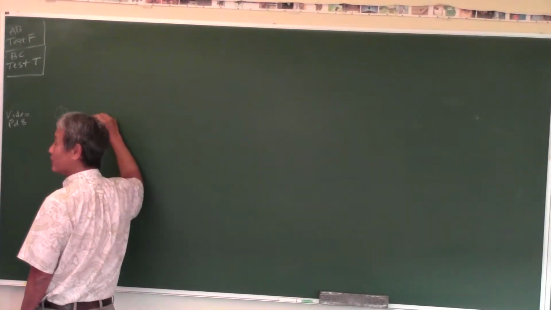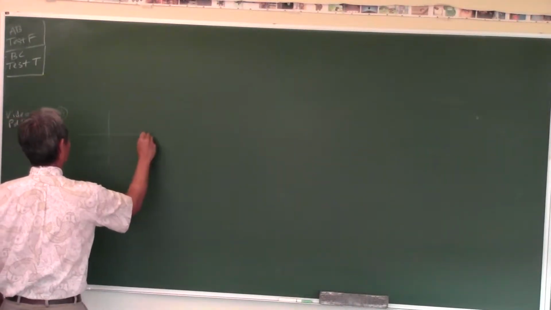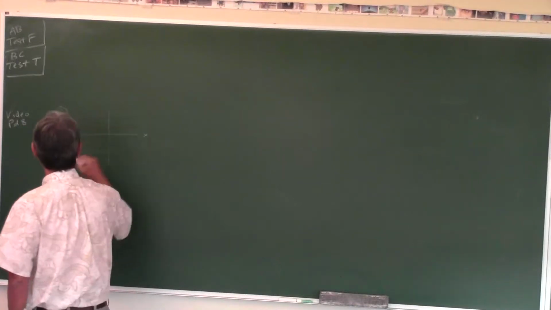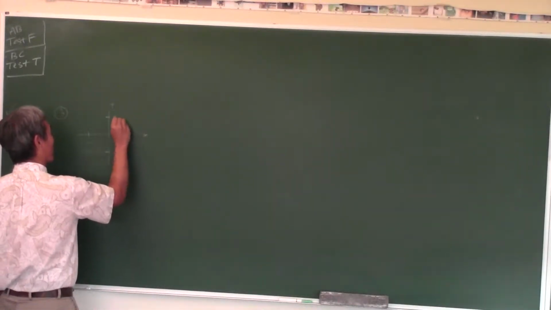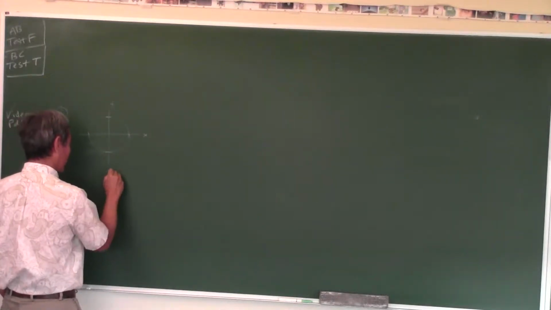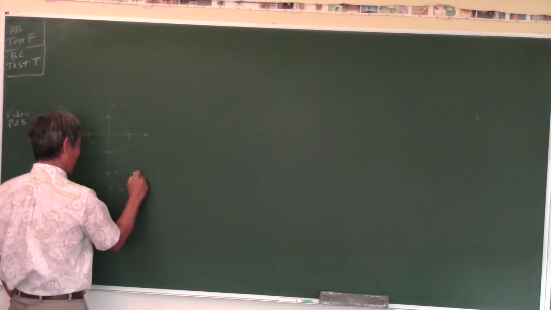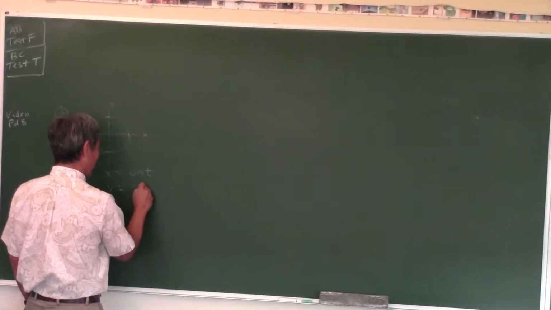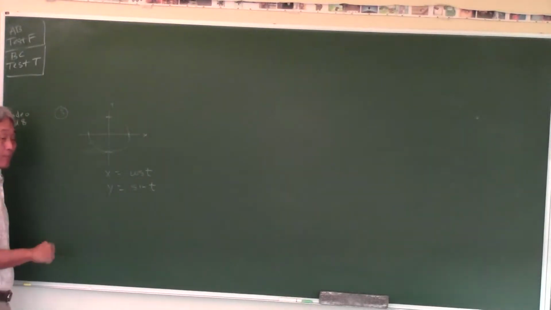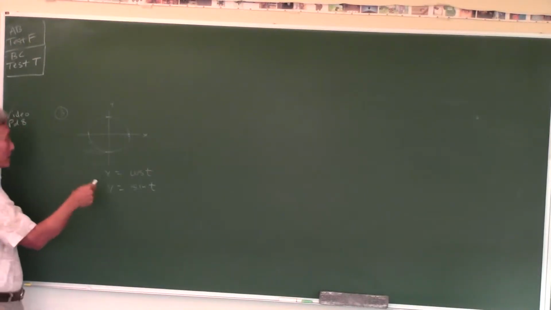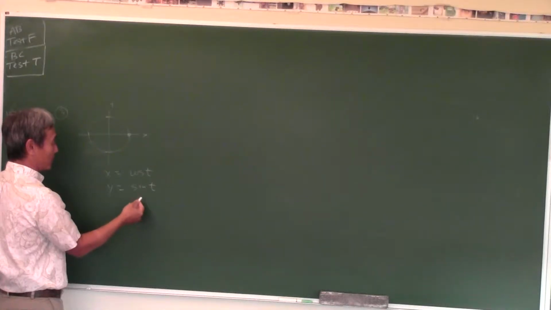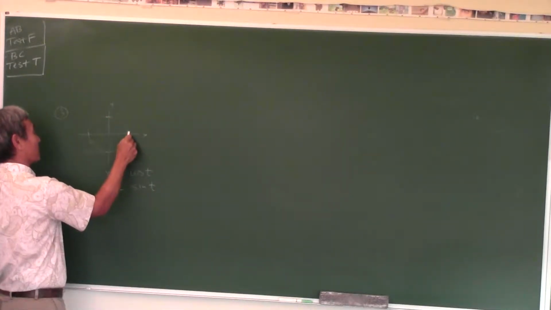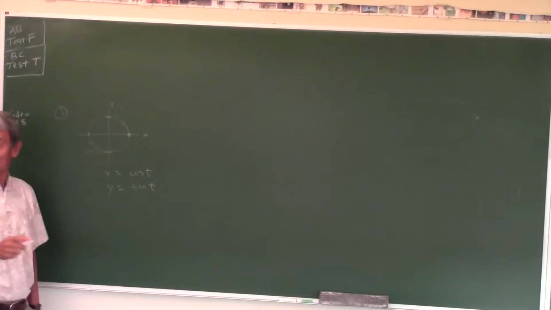Okay, number 3, the unit circle traversed clockwise. A little bit tricky there. Well, we already know the unit circle can be formed from these parametric equations, right? x equals cosine t, y equals sine t. But the problem is they want it to go clockwise. If you use these equations, the particle starts here if you plug in 0, and if you plug in pi over 2, it's going to be there, so the particle goes counterclockwise. But they want it to go